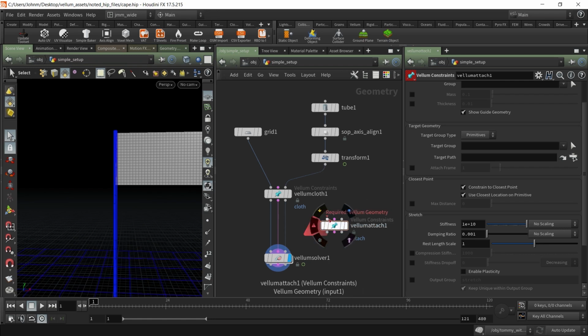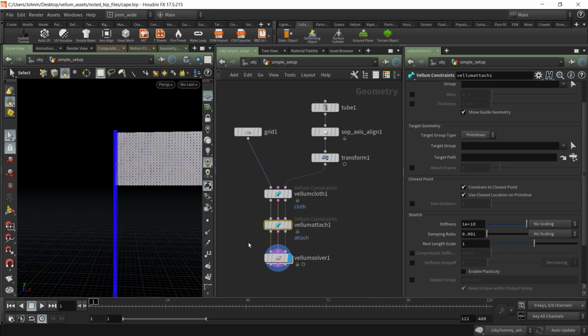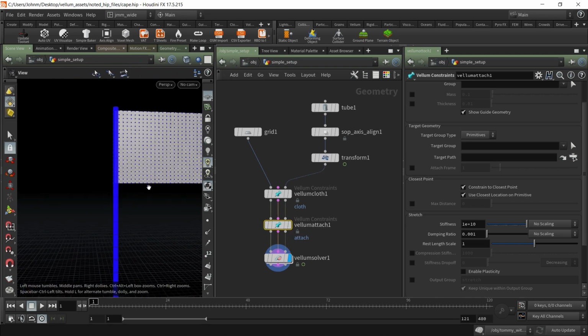So instead of having to wire these up manually, 1, 2, 3, and then 1, 2, 3, which you can do, I'm just going to hold down Y on the keyboard to get the little scissors and then drag across those to cut them. The new Vellum system is smart enough that if you drag this 3 in, 3 out node right over the 3 inputs and outputs, boop, they automatically will snap together and wire them all up for you. So you don't have to do that manually. So that takes a little bit of the headache out of it, right? Okay, so here's our Vellum attach, and it's great. We've got it working here. If we hit play,